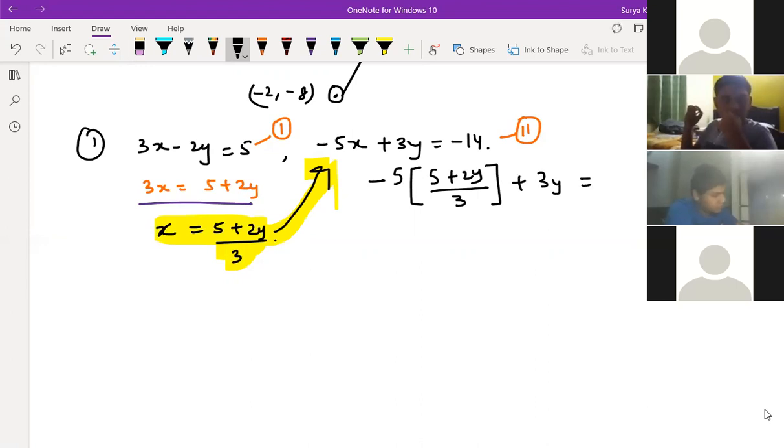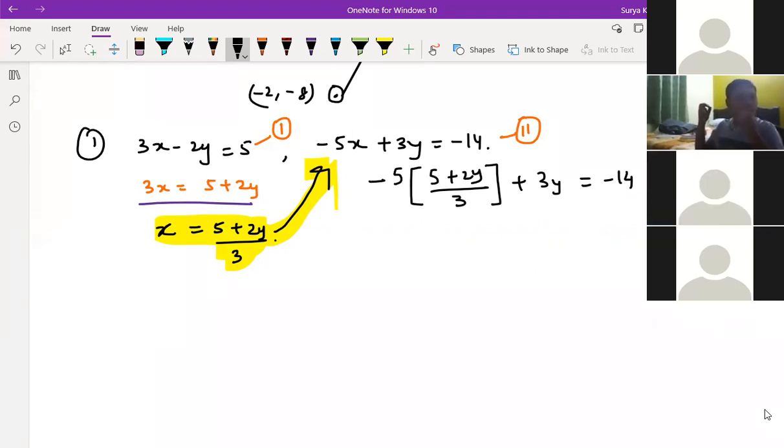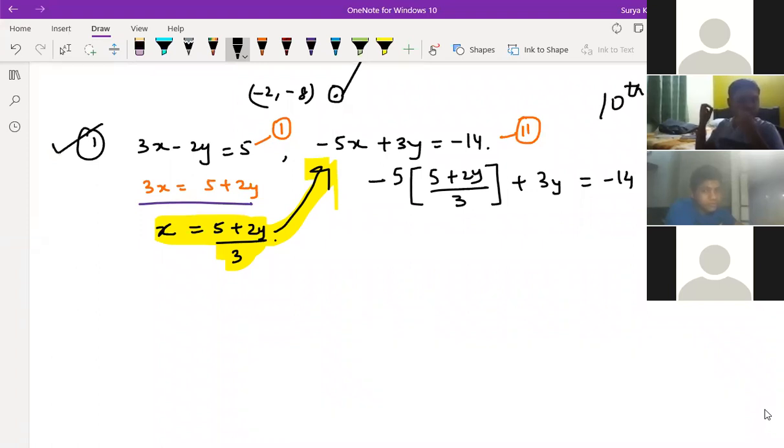Sir, anytime we need to keep it in the second equation, sir? If you are finding the value of x from first, then you should put it in second. If you are finding the value of x from second, then you have to put it in equation first. That is the only difference. These things will help you till 10th. Same questions are available in class 10th also. You people are not having this type of hard questions right now, but you should know this.